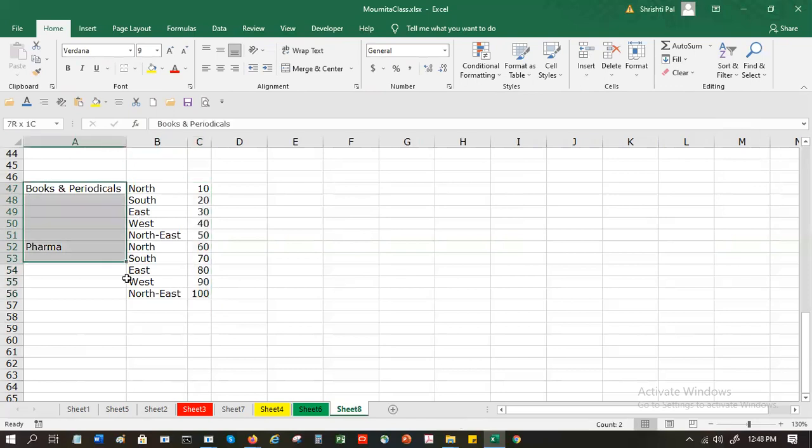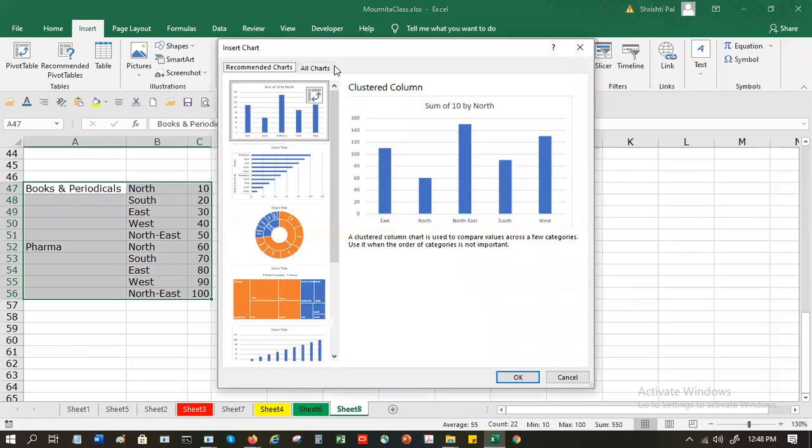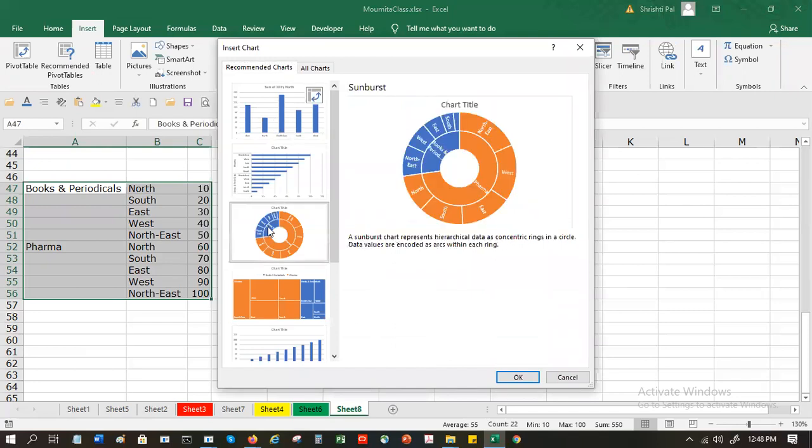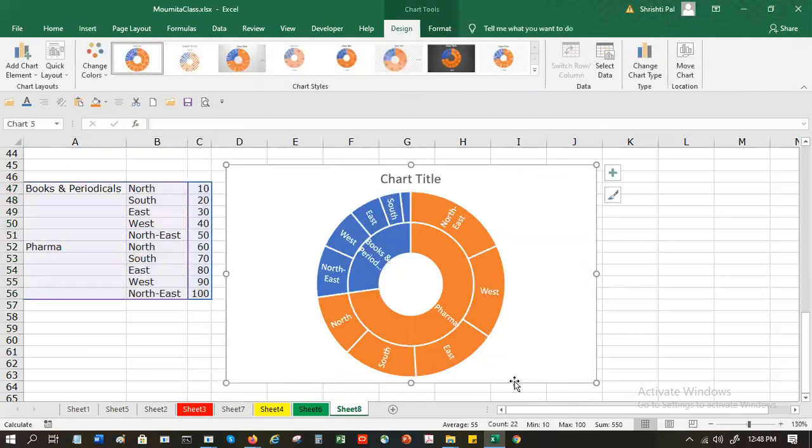If I want to create a chart from here, I'll have to create two separate charts basically. Otherwise, I have this option, or I can do something like this. This is called the sunburst.